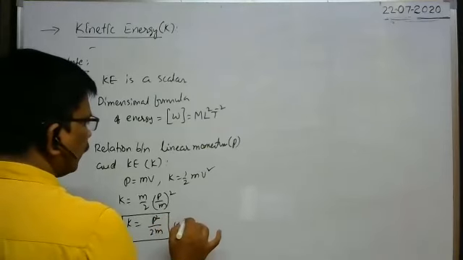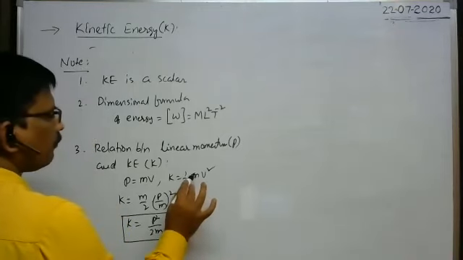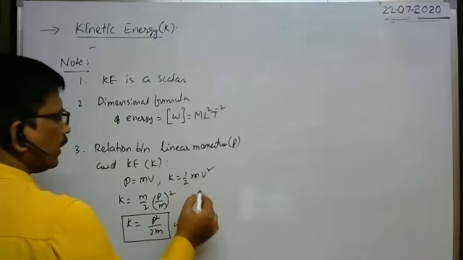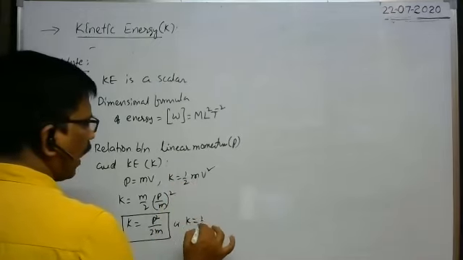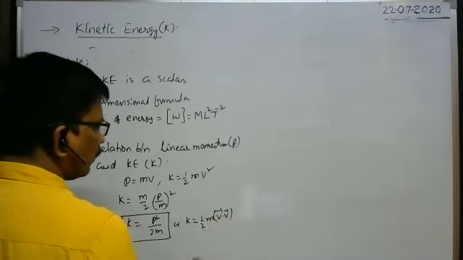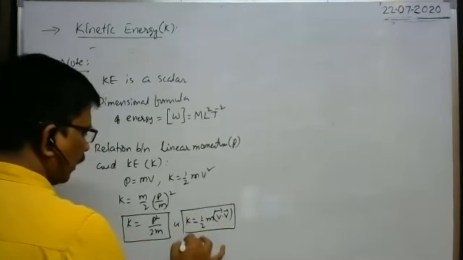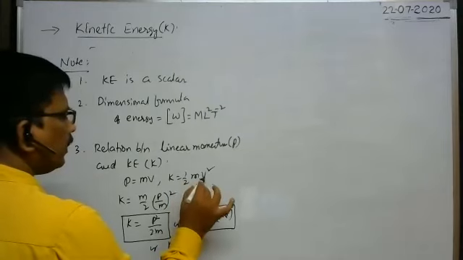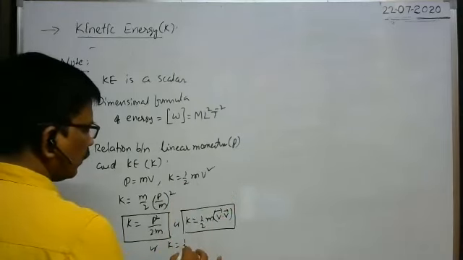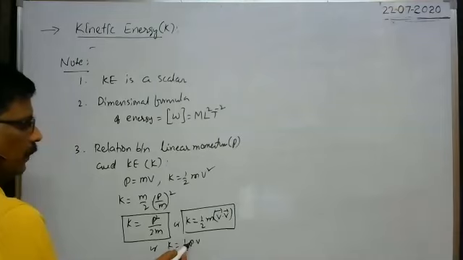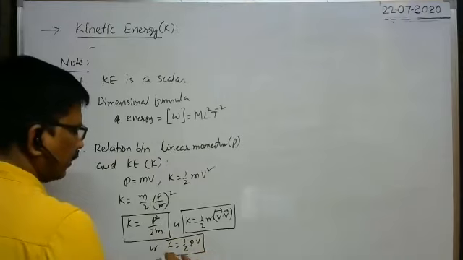Or kinetic energy K is equal to, instead of one m into one v, you write p. So half p into v we can write. As velocity is a vector quantity, we can write this as half m into v bar dot v bar. This is one more formula. Or in other words, kinetic energy K is equal to half p into v. This is also a formula for kinetic energy, because p means mv, mv into v means mv square, half mv square. Okay, we can write the kinetic energy in different ways like this.